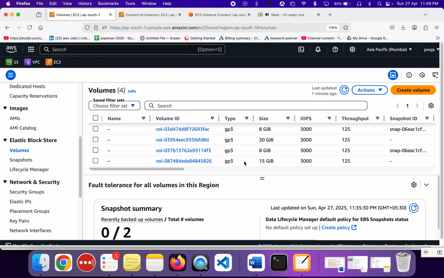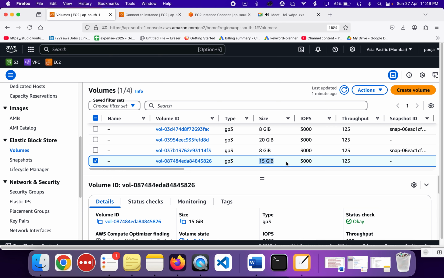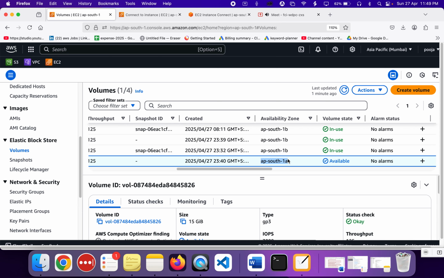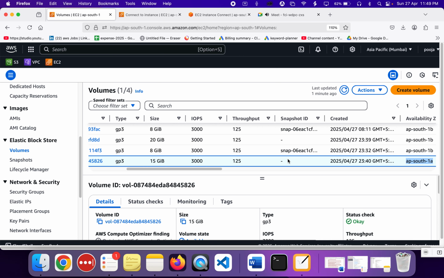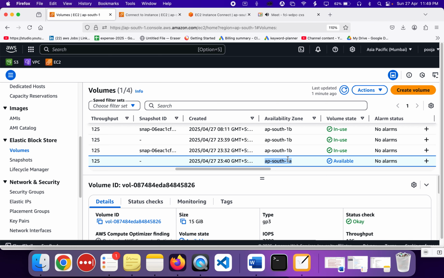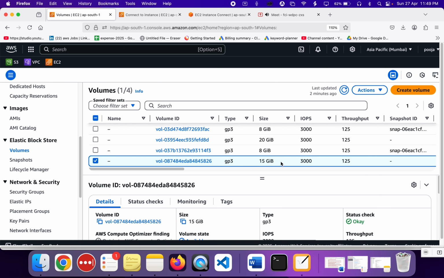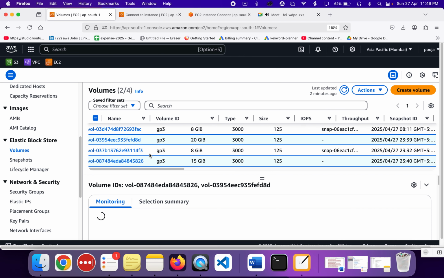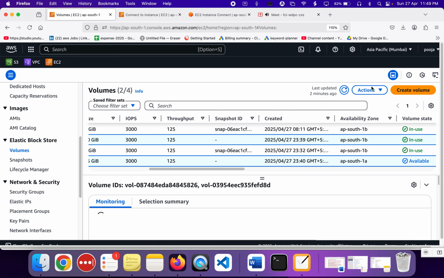As you can see here, 15 GB of volume is not attached to any of the instances because there is no instance created under this ap-south-1a region. So that's the reason none of the volumes can be attached. Now I'm going to delete these two volumes as a backup. I'm going to click on this one, click on actions, and